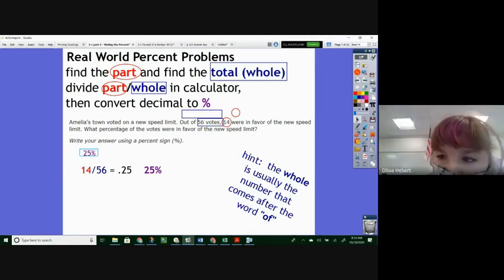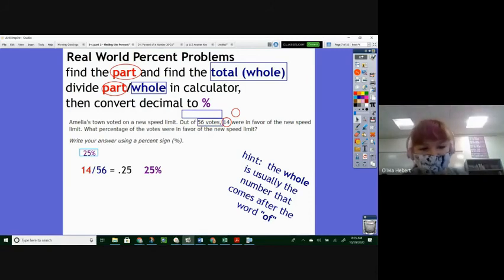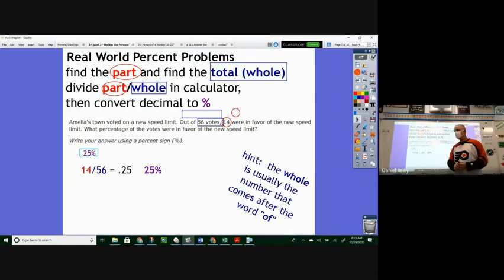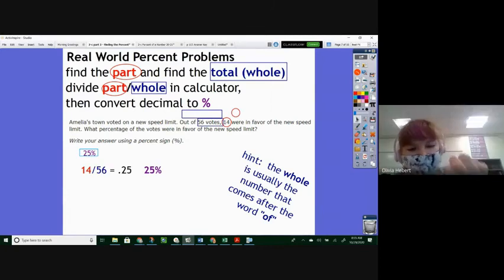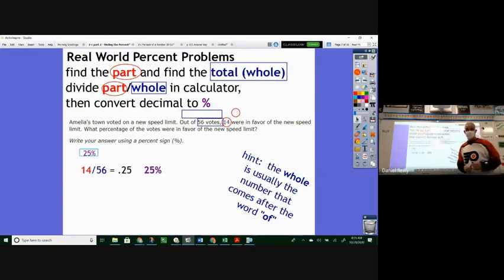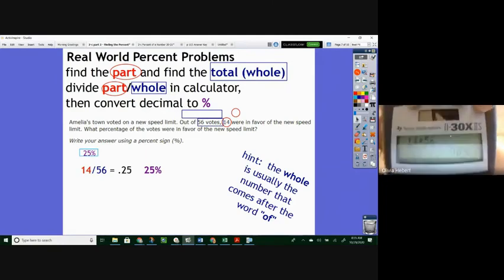You said 14 divided by 56, right? Yep. 14 out of 56. That's not bad. The part divided by the whole. Okay, now